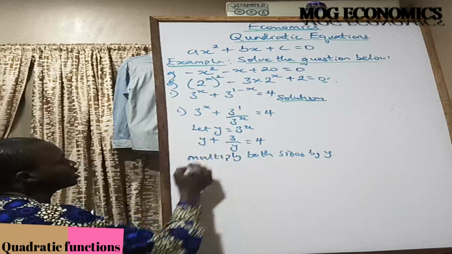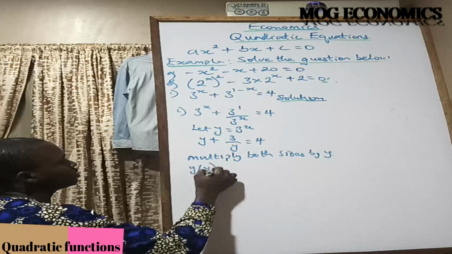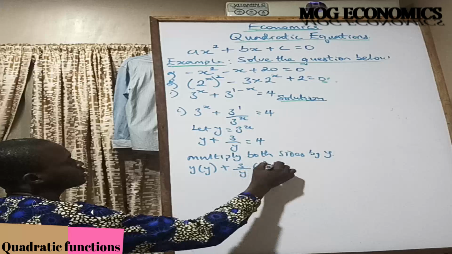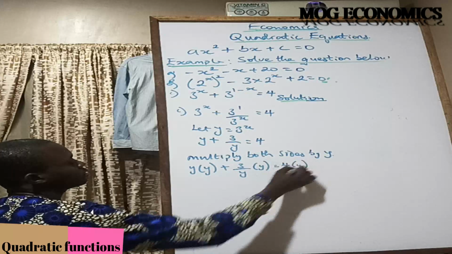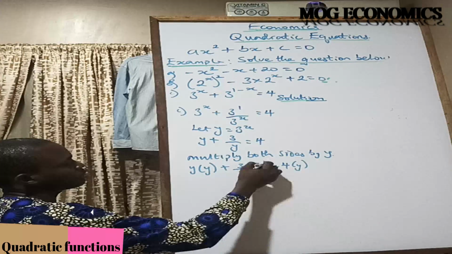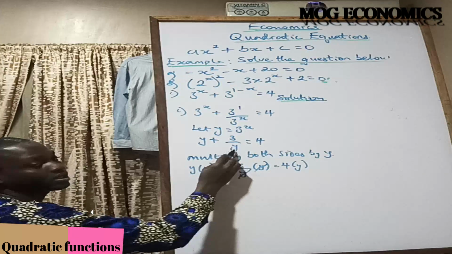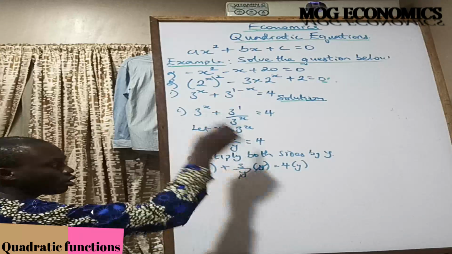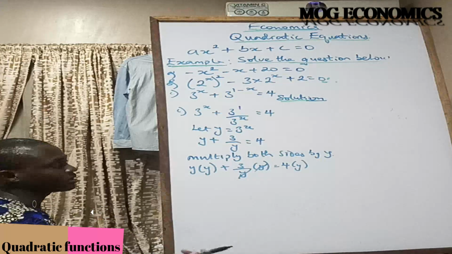What it means is that I'm going to have y multiplied by y, then plus 3 over y multiplied by y, and equals 4 multiplied by y. So that way, this y cancels this y. The reason why I say multiply both sides by y is because I want to eliminate this denominator. So if what was there were y squared, I would have multiplied both sides by y squared, just to eliminate this